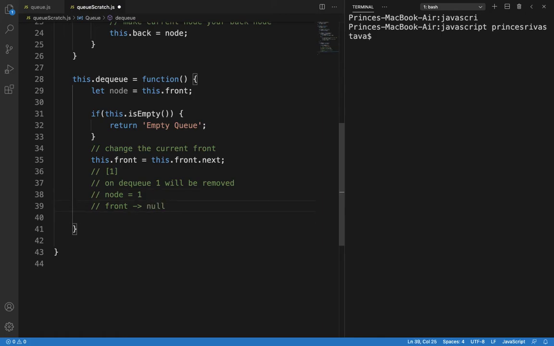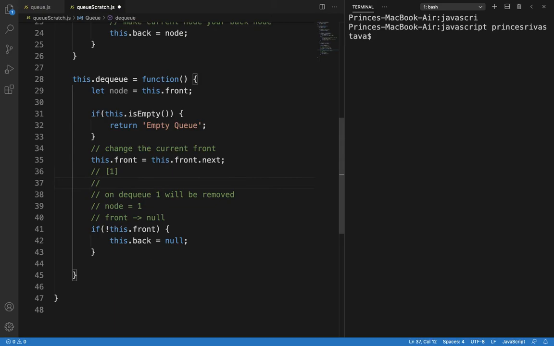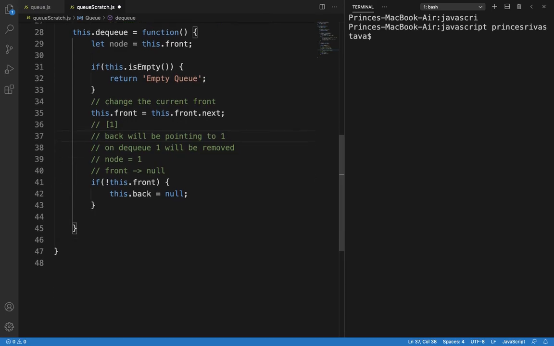Since front is null, we check if not this dot front, then we will have to change back also to null, because currently the back will be pointing to 1.